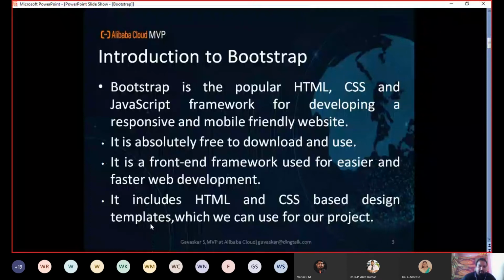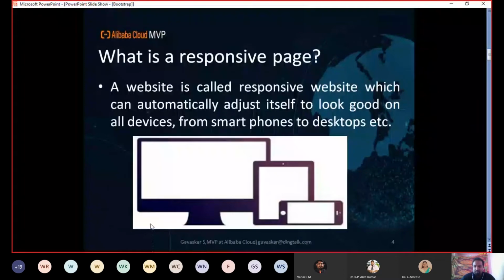Now, what is responsive? You have to know the definition of responsive. Responsive means the page will be automatically adjusted based on the device. If you use the same page on a smartphone, the width will be correctly adjusted for that smartphone.